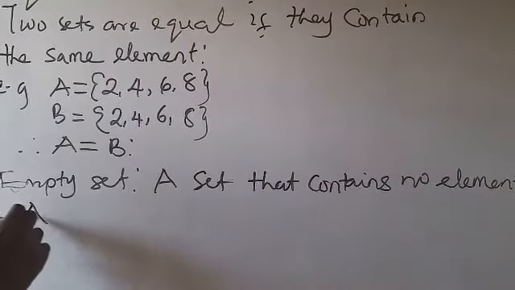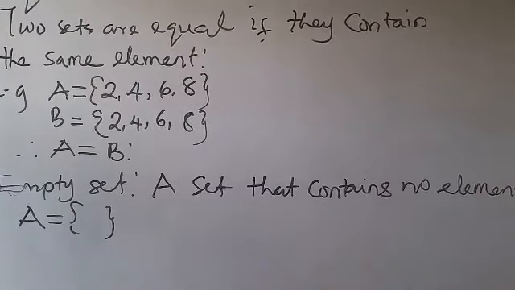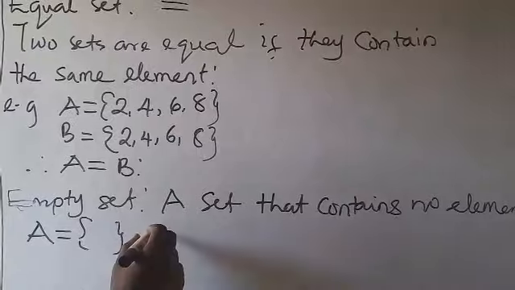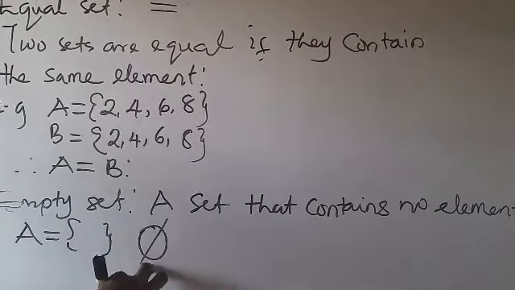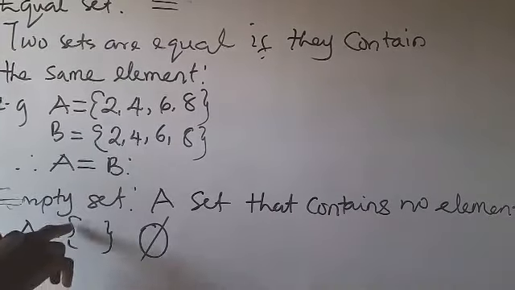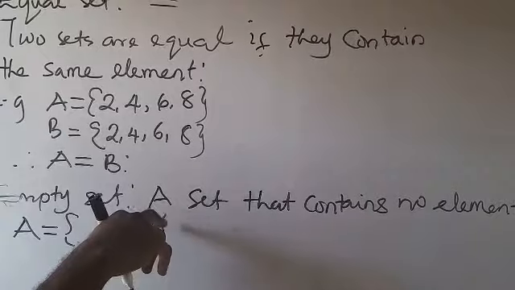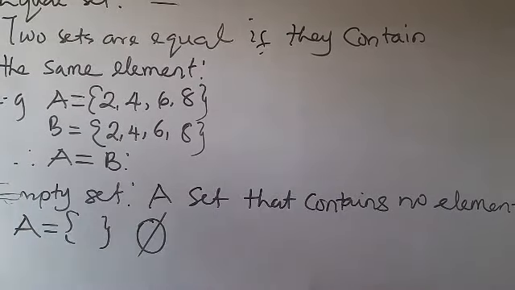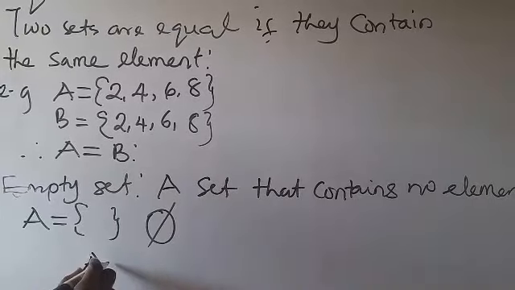So you can just represent A by opening the bracket and closing the bracket, nothing is there. Or you write it as phi. This is a symbol that we call phi. So you either write it as just a bracket with nothing inside, or the symbol like this. But I see some students making some mistake. If you have A to be equal to {0},